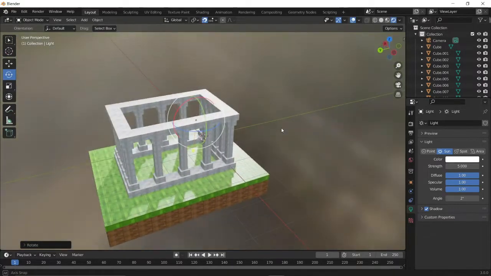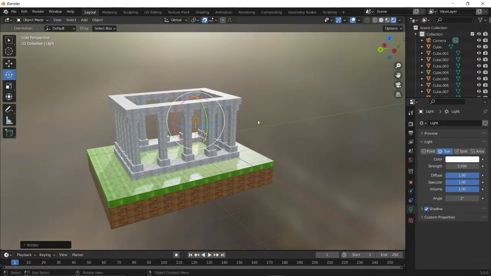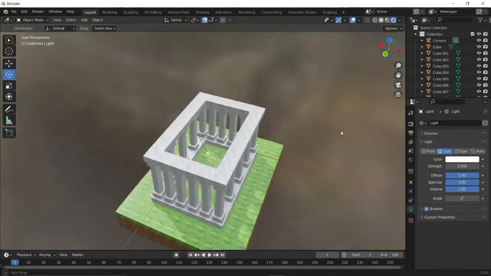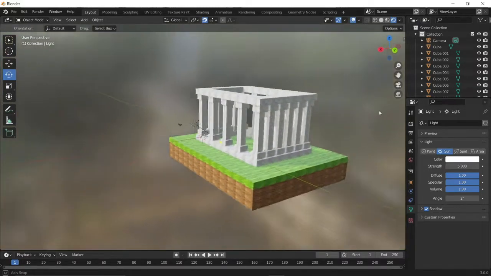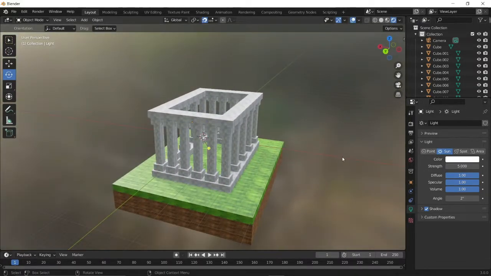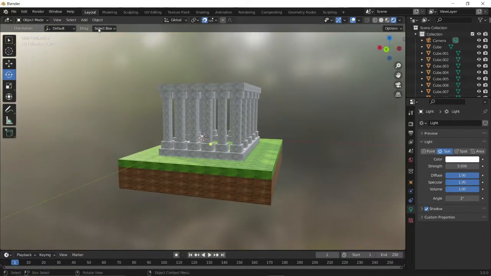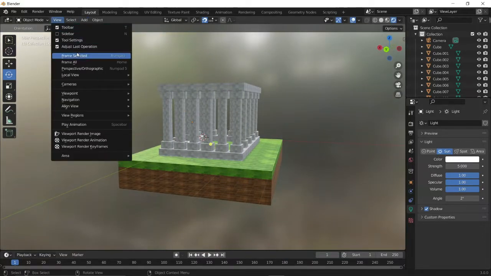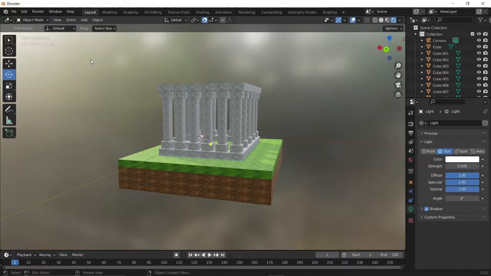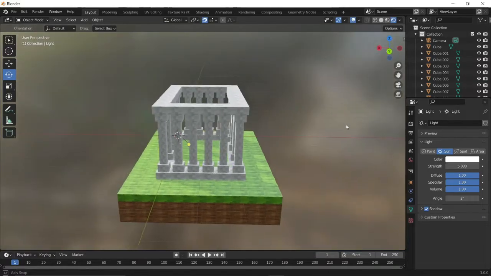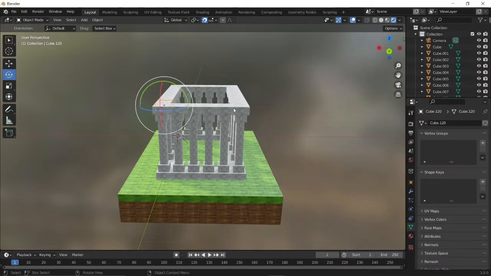Yes, looks fine. Now we can view everything from view and frame all. Everything on our axis will be visible on the screen if you press view all.